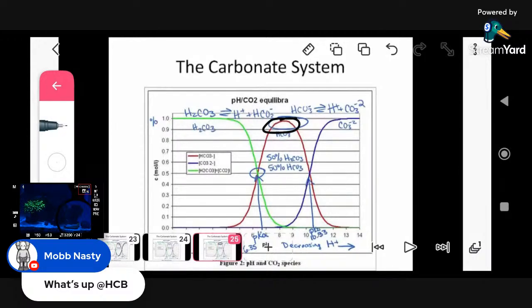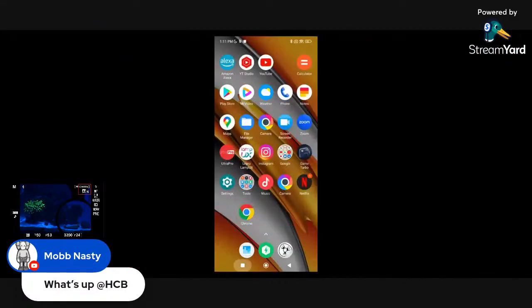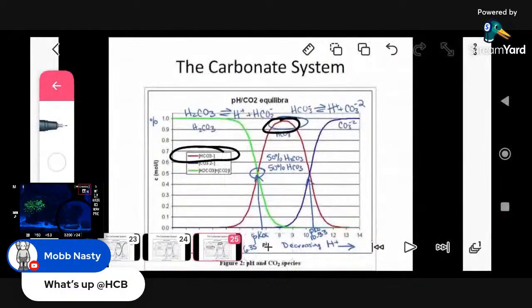What's baking soda made out of again? Sodium bicarbonate. Yeah, the red right here, that's sodium bicarbonate. Oh, I mean, that's carbonate. My bad, guys. That's not sodium bicarbonate, that's just carbonate. That's the carbonate ion. Hold on, let's double check. Oh, you know what? Let's just go with carbonate. Let's just say that's the carbonate ion.